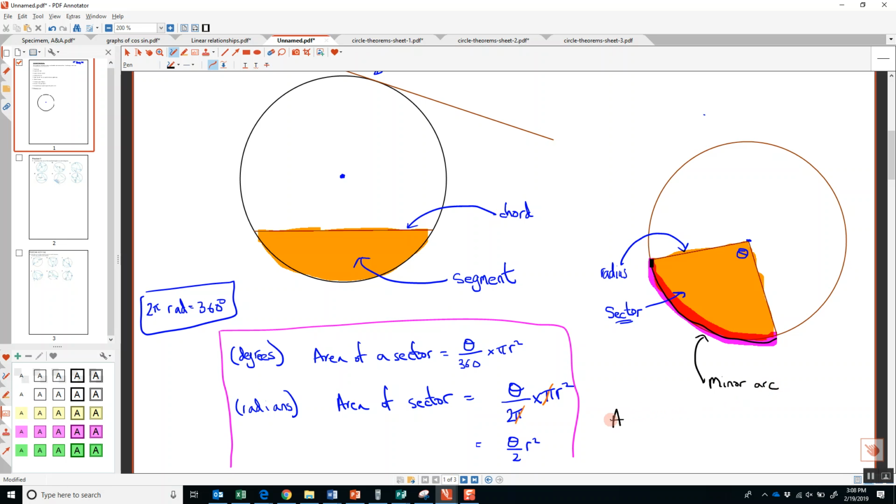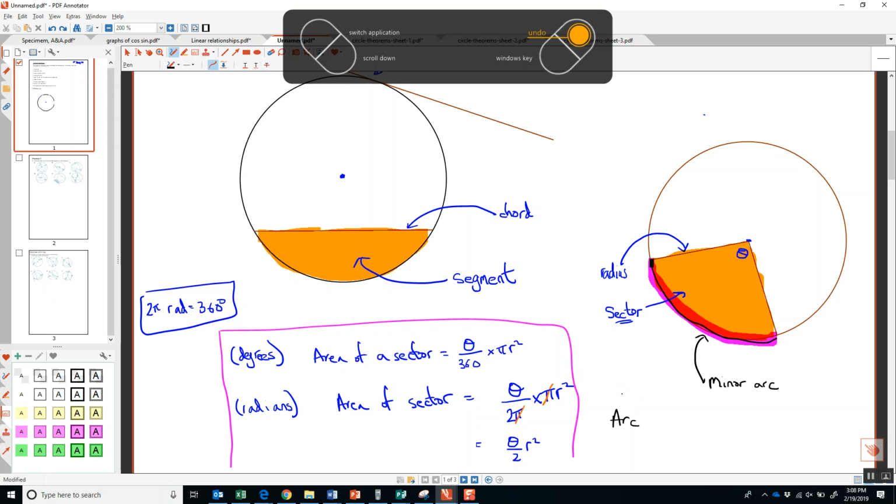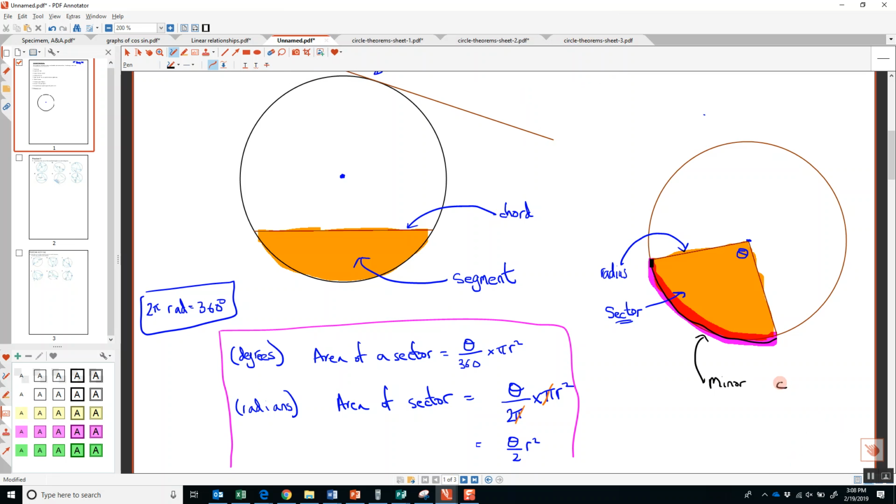So, whilst we're at it, how do you work out the formula for the length of an arc? Let's say we're working in degrees. Same process as before. So if we're working in degrees, arc is equal to theta over 360 times pi d. I prefer 2 pi r. Okay, and then we can simplify that a bit because I've got 2 on the top, 360 in the bottom. Theta pi r over